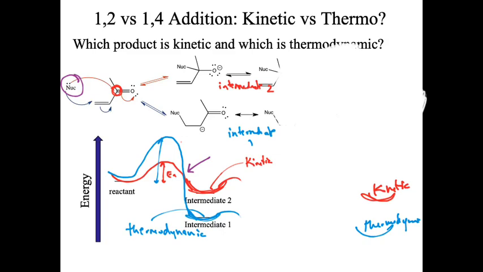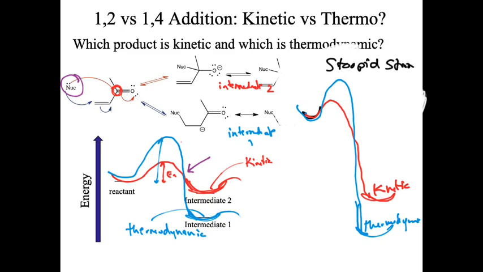You'll notice that I just erased some stuff that's up high, right? Here's our reactant energy now. The kinetic is still going to have a lower activation barrier. Thermodynamic is still going to have a higher activation barrier. What now changed about this? The energy required. What energy required? To run the reaction. Really? You're saying the EA here versus the EA here are really all that different? No, the reverse is way